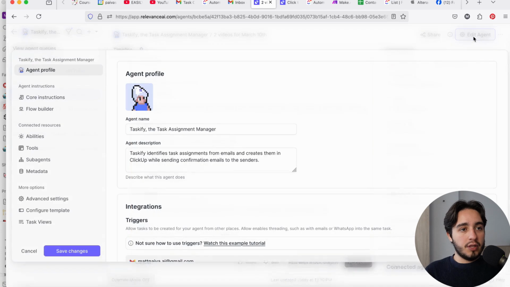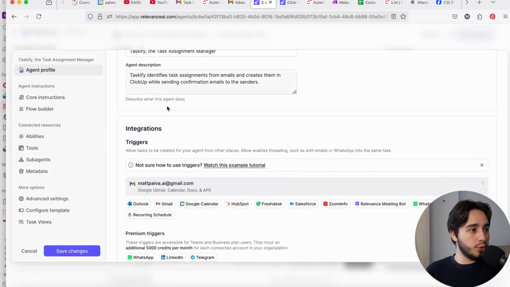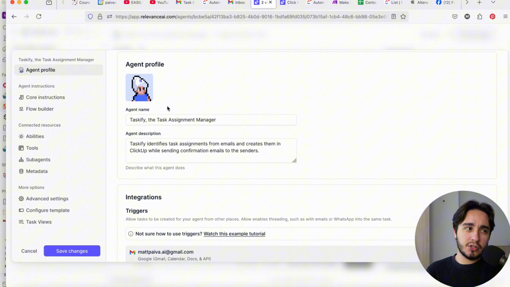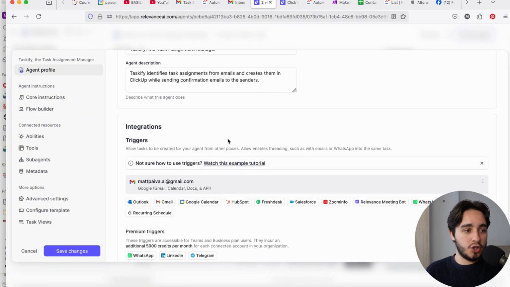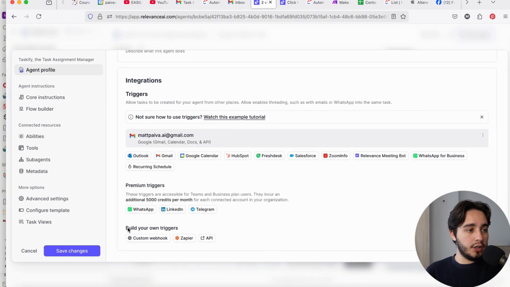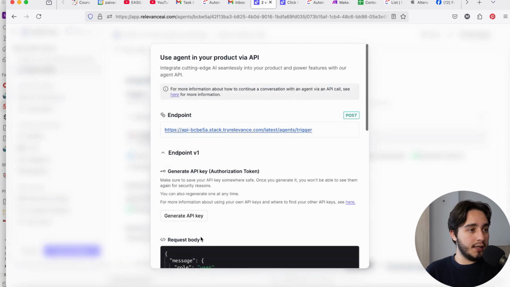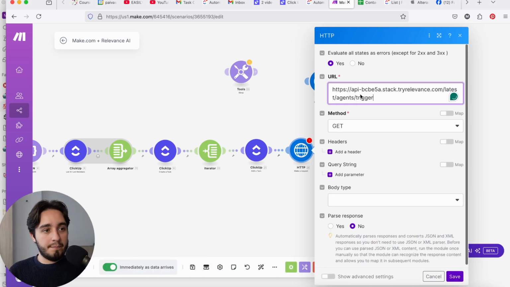So back in our Relevance AI agent, you're gonna go to your agent builder. Essentially, I don't know if this is called a builder, but essentially where you go and change the information. And down here on build your own triggers, you will see this option of API. Now from here, what you want to do is to copy this endpoint,